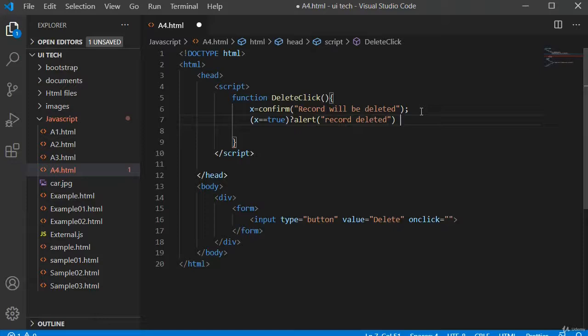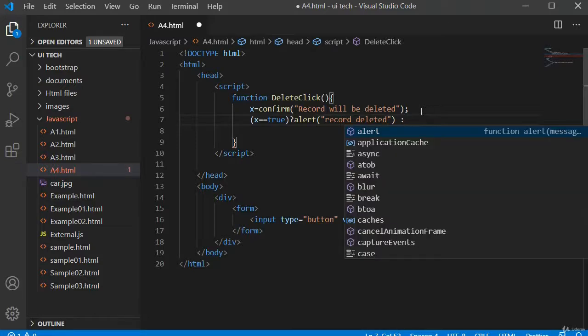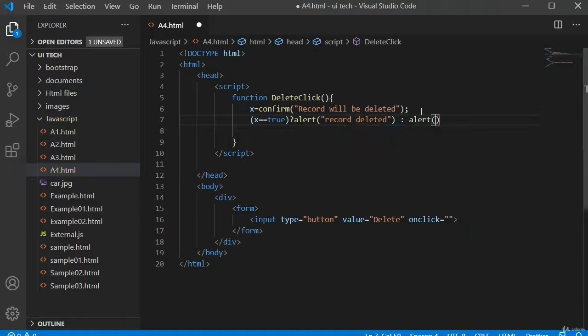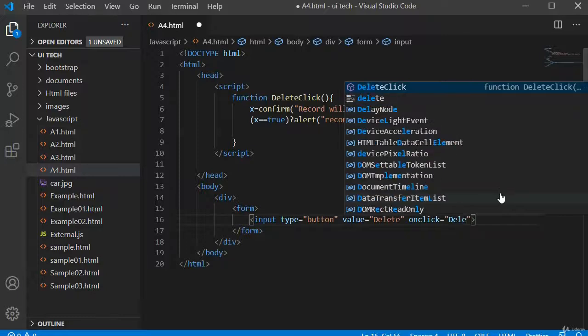If my x is returning false, then I want to print the message which is there in my next alert box. In this alert box, action cancelled. Just save it, Ctrl S. What we are doing here is we have to call our function from this onClick event. deleteClick.